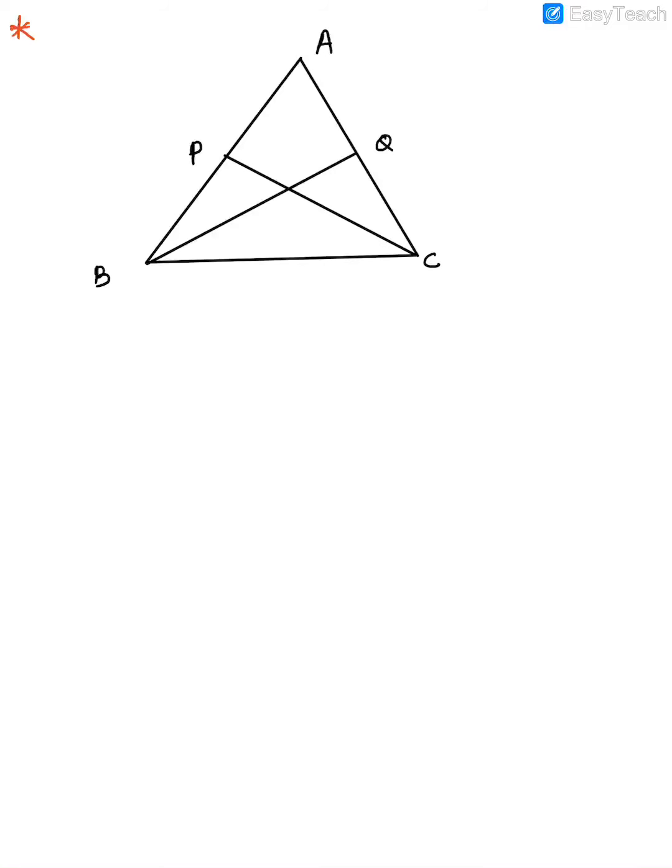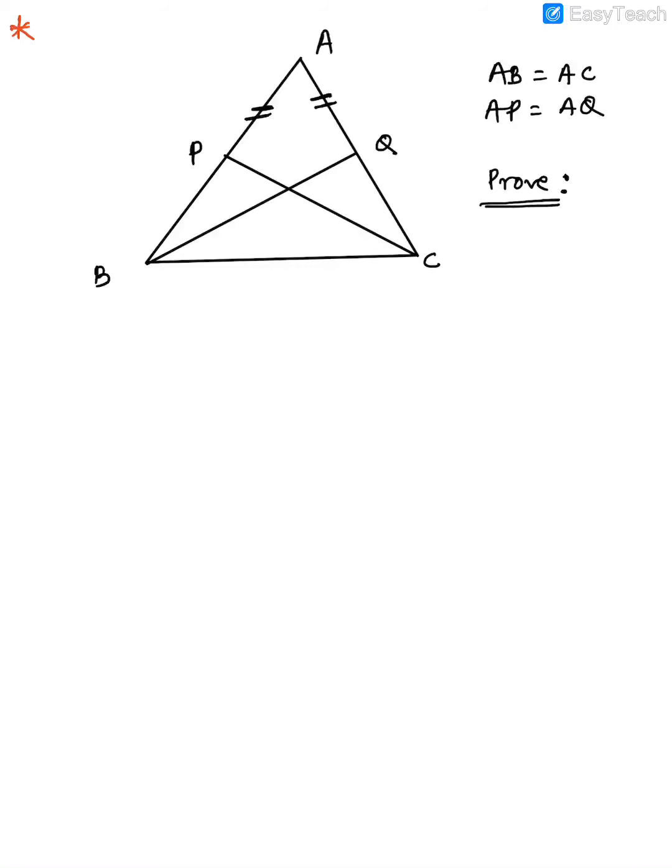Now it's given that the sides AB and AC are equal. So this all is given, what I am writing here on the right side. AB is equal to AC. If P is a point on AB and Q is a point on AC, such that AP is equal to AQ. You are also given AP is equal to AQ. So AP is equal to AQ is given to us. Prove that triangle, okay, we have to prove this part now.